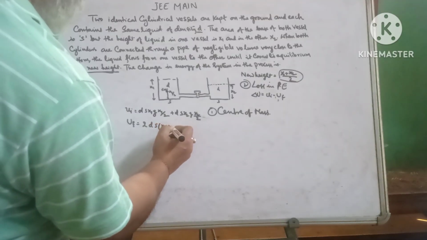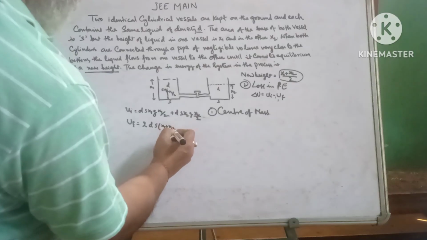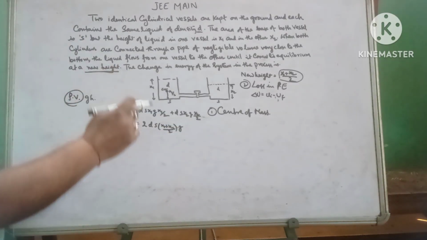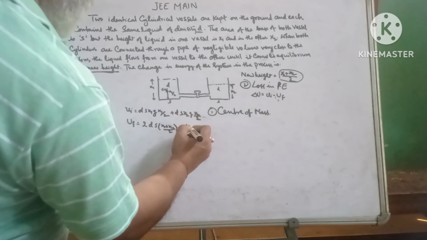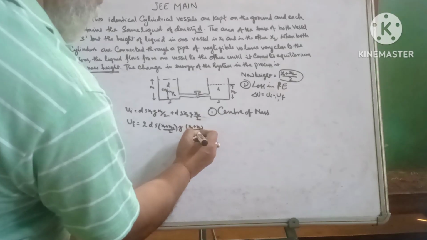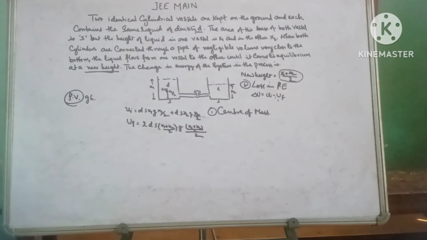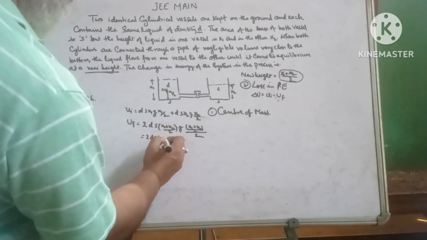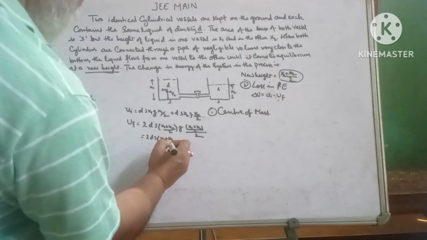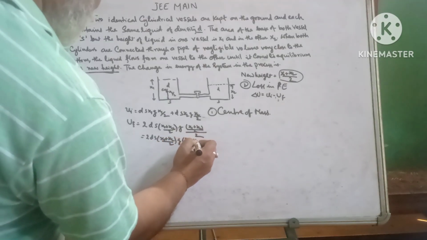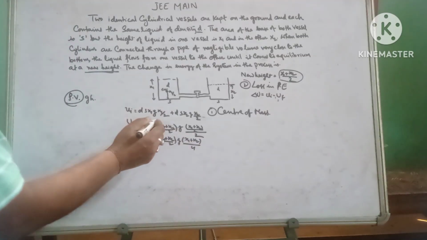Into g, and h is considered from the center of mass, so again (x1 + x2)/2 by 2. This equals 2dS (x1 + x2)/2 into g into (x1 + x2)/4, and the difference of this gives you the